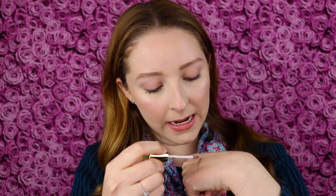Love that it has a doe foot applicator, and also just like all Wander Beauty products, they have a lot of really nourishing ingredients in them. They're cruelty-free and vegan. This one's really pretty and actually a little bit lighter and more subtle than I was expecting. So I might even be able to use this as kind of like a highlighter. And then to swatch Desert Sand,